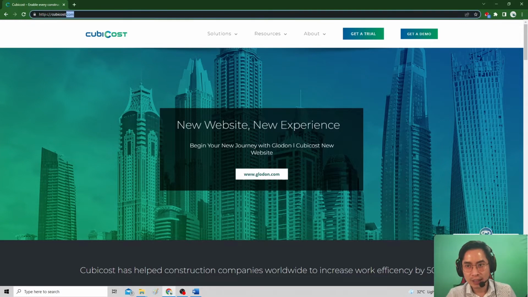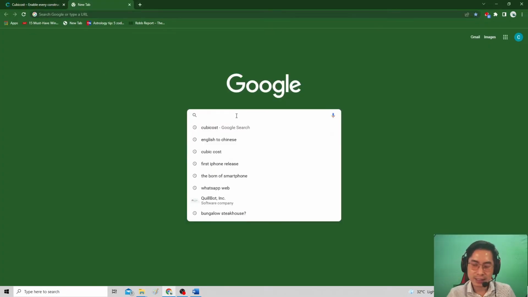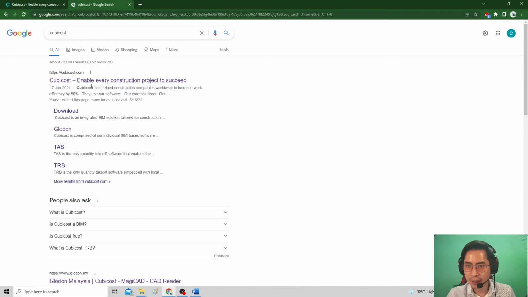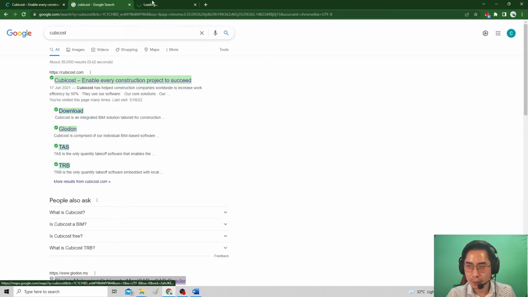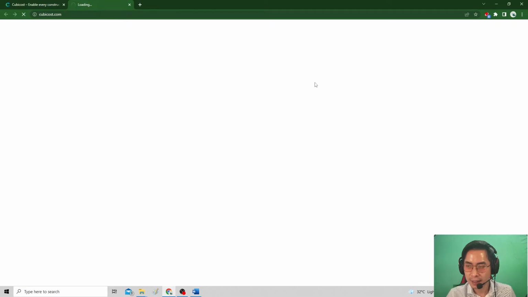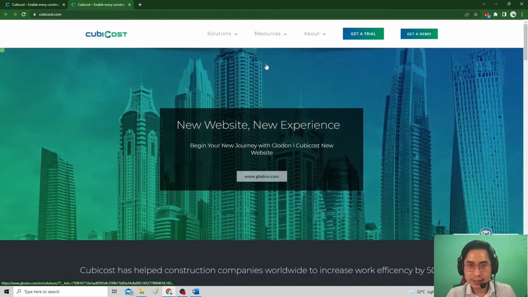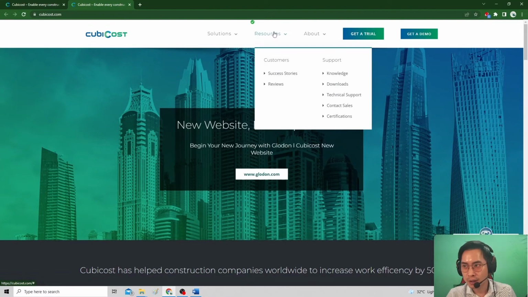When you click on the link, it will directly bring you to this page. Or the second step is that you can go to the Google search engine, search for Cubicost, and then click on the link over here. Open a new tab, and it will bring you to the same page as well. The next step is to click on the resources over here,